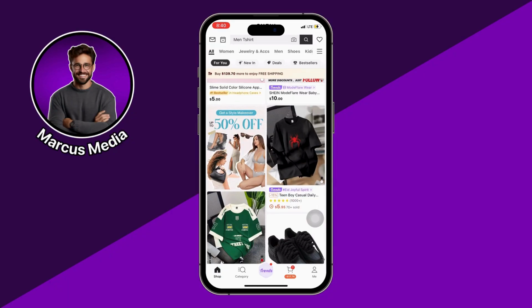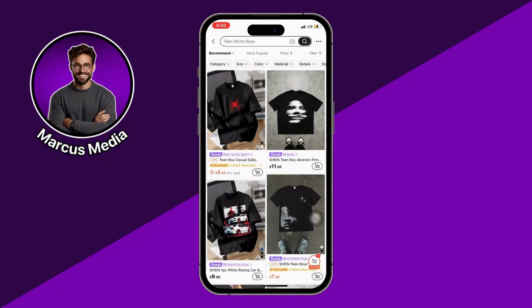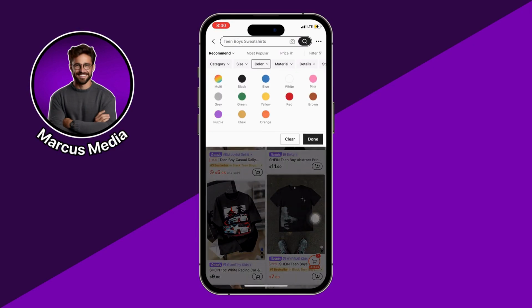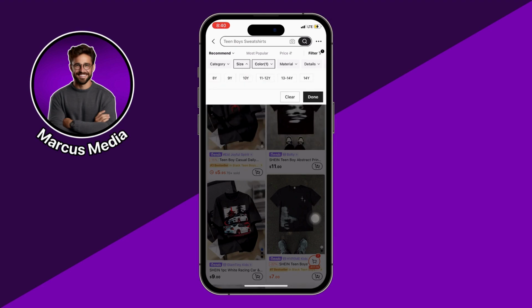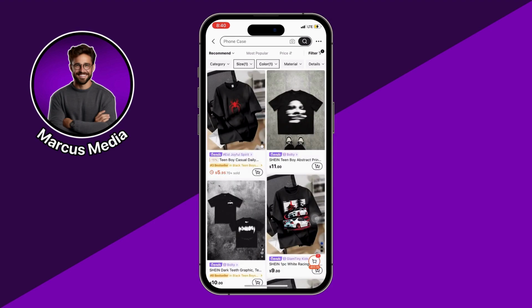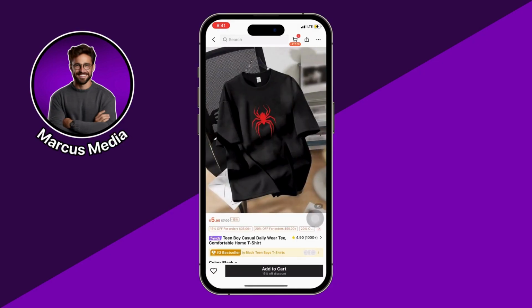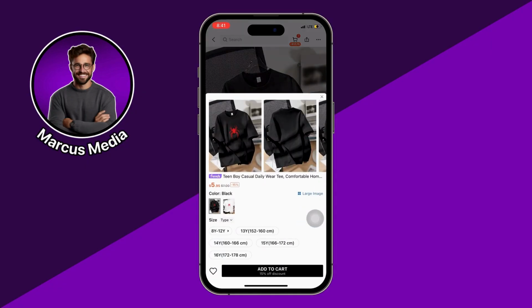So let's say this is the product I want to buy. First of all, what I need to do is select the color. Once I've selected the color, I just need to choose the size. And after I choose the size, I can select the quantity, and then I can simply add this to my cart. You can keep adding more products to your cart, but if you're happy with your cart,